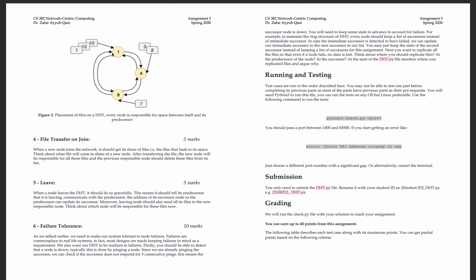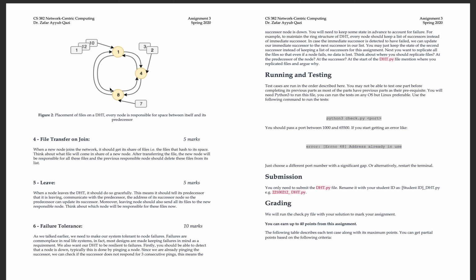Now we need to update 8's successor pointer so that 8 points to 4, and for doing that we need to have that state already present in it, right? It already needs to know that if 1 fails, the next immediate node it can call its successor is 4.